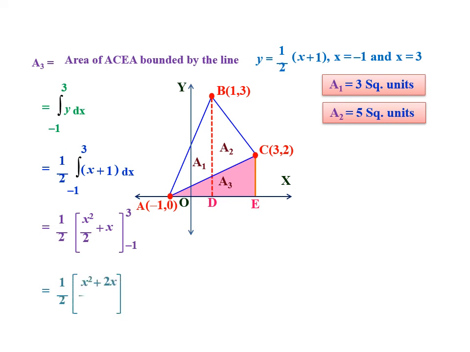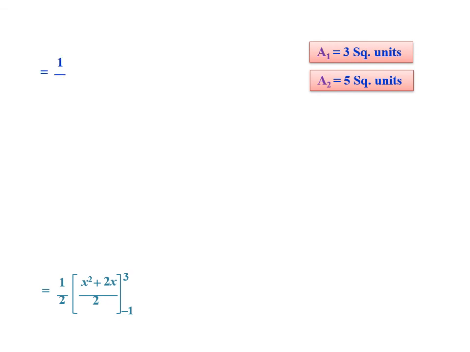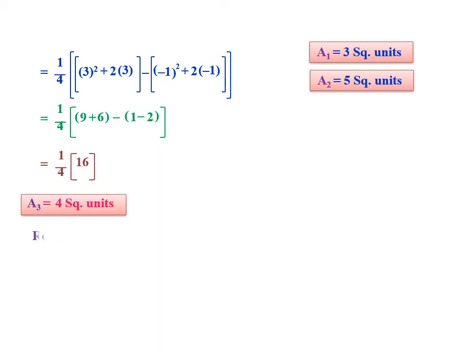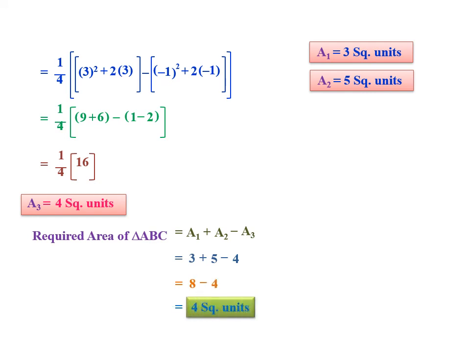So 1 by 2 as it is, x square plus 2x upon 2 from minus 1 to 3, which on simplifying we get 1 by 4 into 3 square plus 2 into 3 minus minus 1 square plus 2 into 1, which on simplifying we get 9 plus 6 minus 1 minus 2, as 1 upon 4 into 16. 16 upon 4 is 4 square units, which is the area under that line. So on simplifying we get 3 plus 5 minus 4, which is equal to